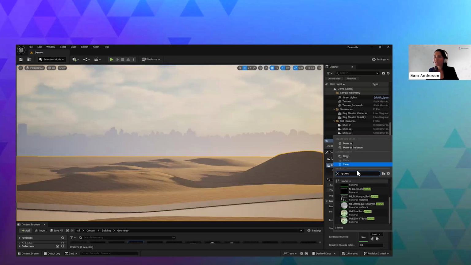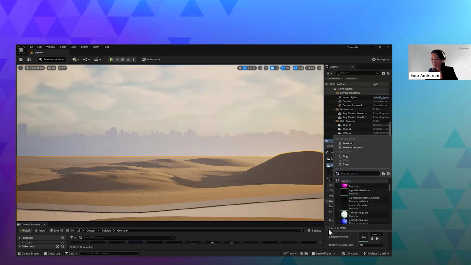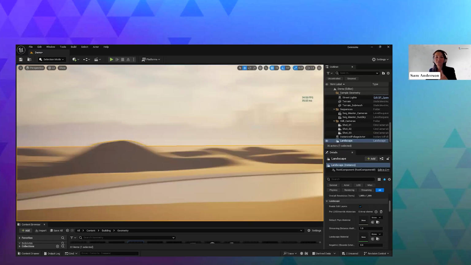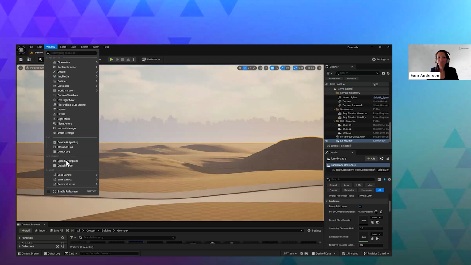I'll try brown. This might be one of those situations where you need to import something, but I just wanted to see if there was something in here I can use. So looks like there isn't a material that I want to use from this. So one thing that we can do is bring in a material. One of the nice things that is included inside of the Epic Games tools is Quixel, which is a tool that is using photogrammetry to go in and scan the world and bring those elements inside of Unreal Engine and Twinmotion. So right now there is a tool called Quixel Bridge,